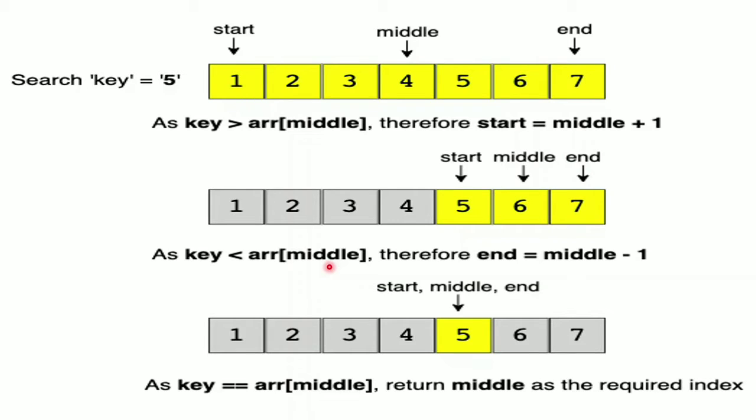In each and every step, we will check whether our middle value is the same as the search key. If yes, only at that time we will return true. And at the end, if we have searched everything and our start value is now greater than the end value, we will stop there and return false, because our middle value was never the same as the search key. So with this, our logical understanding is very clear. Let's write our algorithm and then code in Visual Studio.